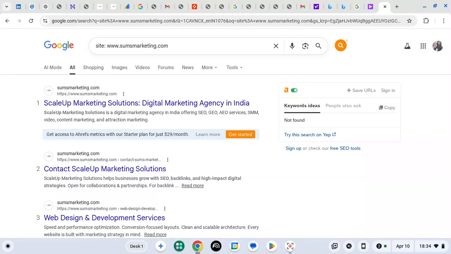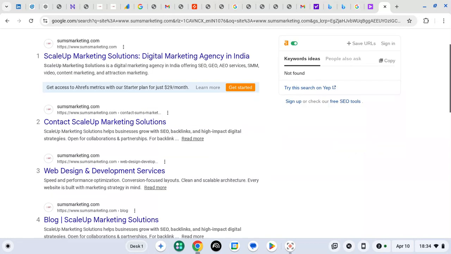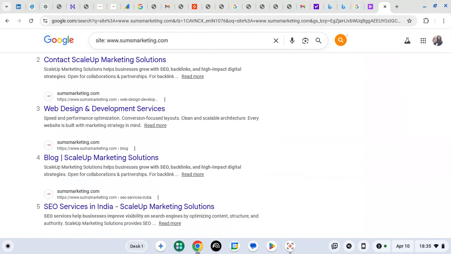But it's important, even if I talk about China and Russia, they have their own local search engines. If you are getting a lead from China or Russia, then it's good to take care of their search engine also. When you get a client, you need to take care of each and every search engine. So this is the right way to check whether your website is ranking or not,